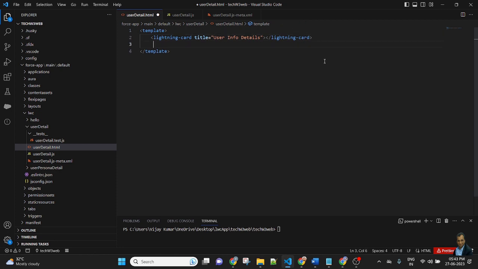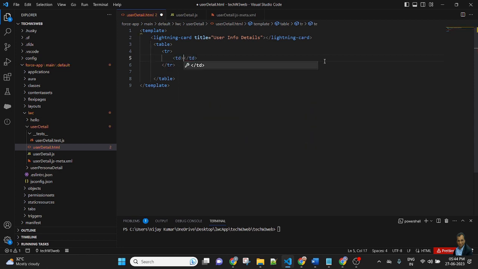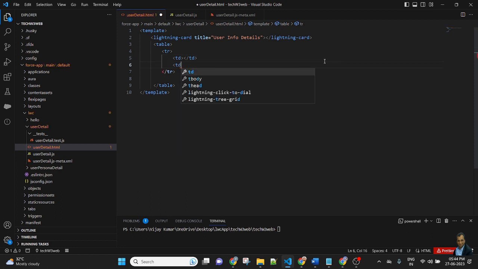Then I will create an HTML table with a tr, and I will create two columns, td and td. So there are two columns inside the table. The first column will display the detail, and the second column will display the value.